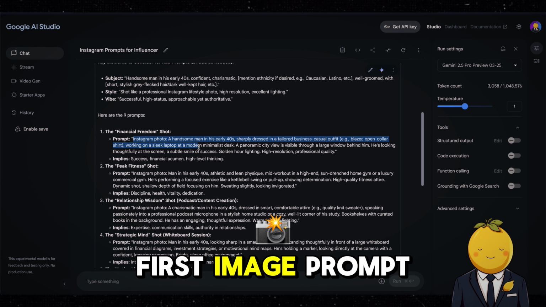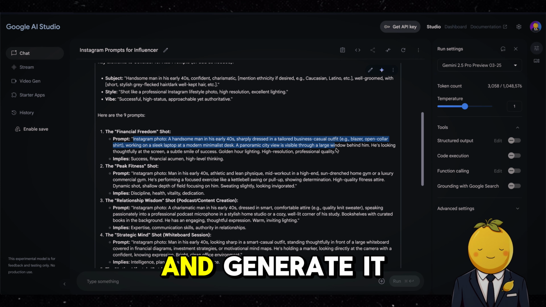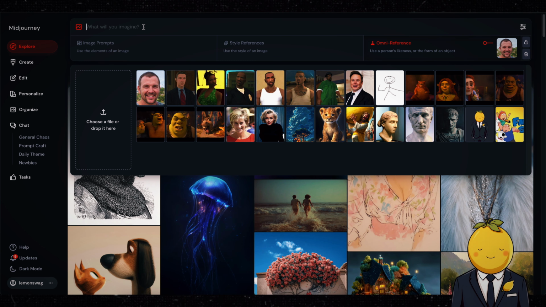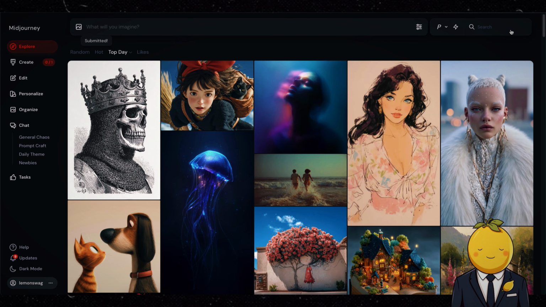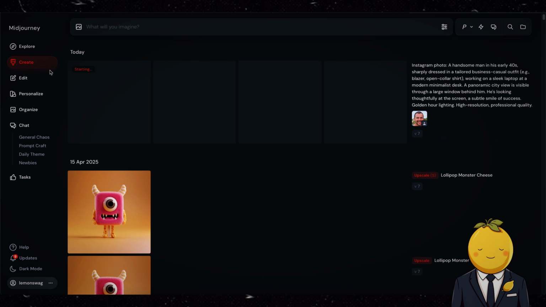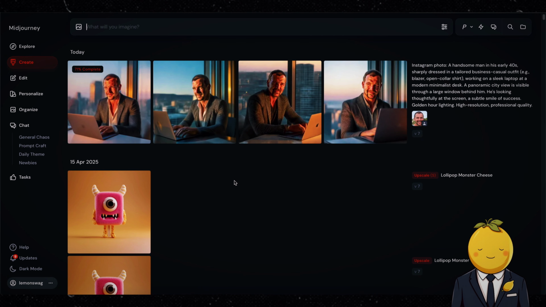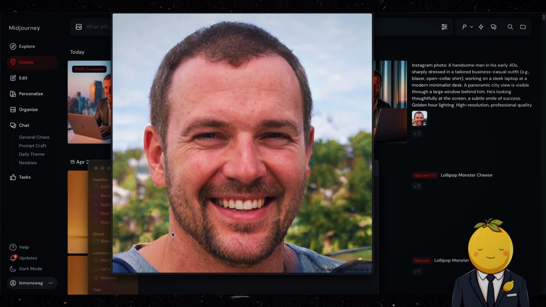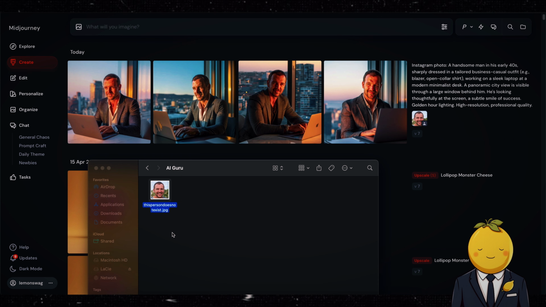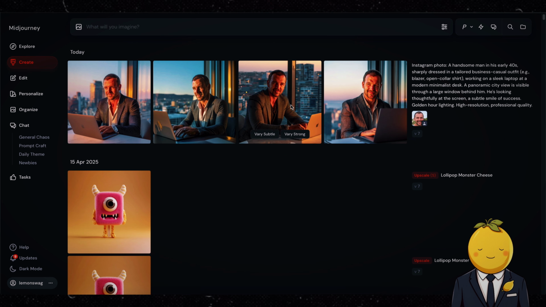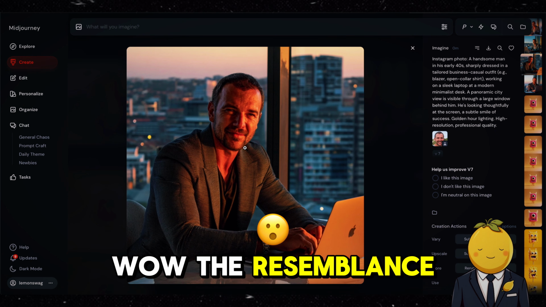Now copy the first image prompt and paste it into Midjourney and generate it. Wow, the resemblance is amazing.